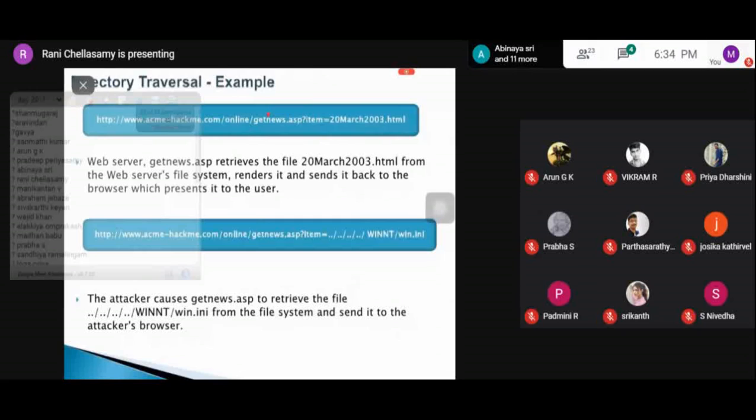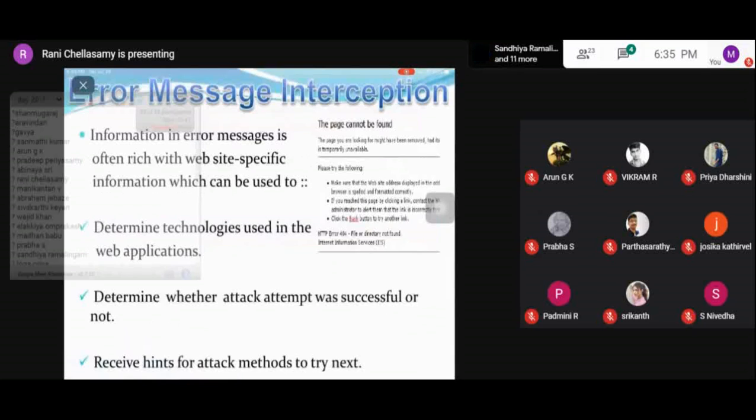The attacker will be using this sequence so that he can move up to the root directory, thus permitting navigation through the file system. The attacker can gain access to how many directories it's going to climb in order to get the desired directory, so that the attackers view the restricted files or run more powerful commands on the web servers, which leads to a compromise of the web server.